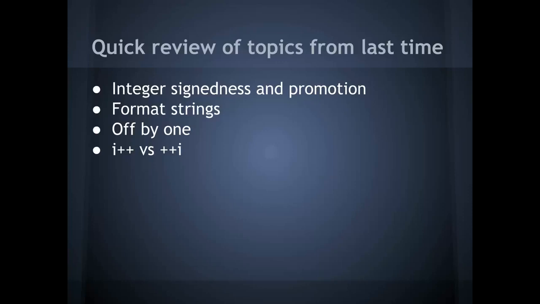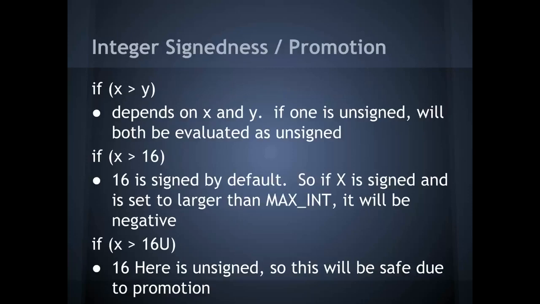So before we start diving into some examples, this may be a shorter lecture, but we'll actually have some exercises to do. We're going to review some stuff from last time. So we're going to cover integer signedness and promotion. So the first statement, if x is greater than y, really depends on the type of x and the type of y. If one is unsigned, both will be evaluated as unsigned. As I stated